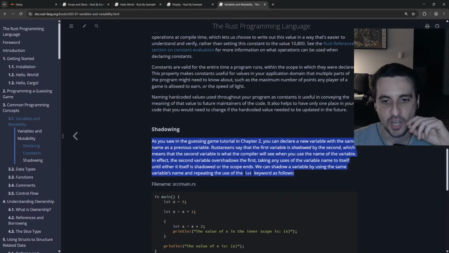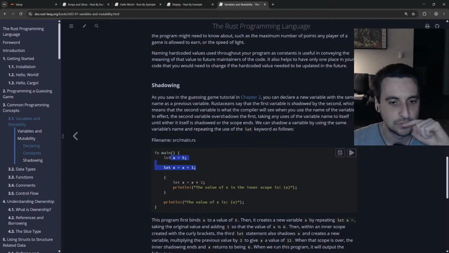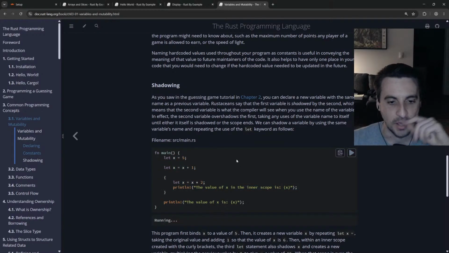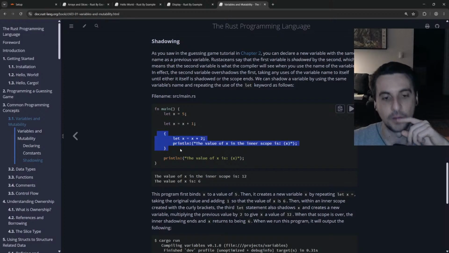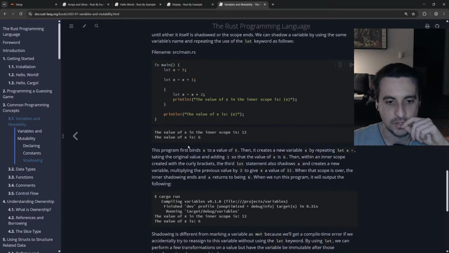Okay. Shadowing. You can declare a new variable. Okay, so there's some scope trickery happening here. I see, and this gets dropped here and it goes back to 6. Okay, so now we know the basics of scopes in Rust too, which I kind of knew before. So this gets dropped. Well, it goes out of scope. Binds x with 5, then creates a new variable for repeating. Then within an inner scope,